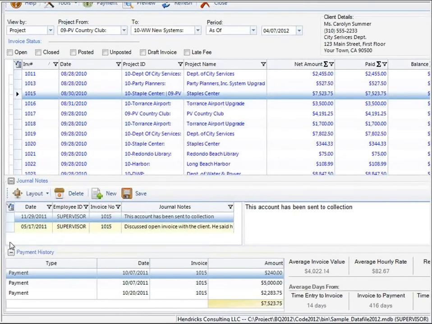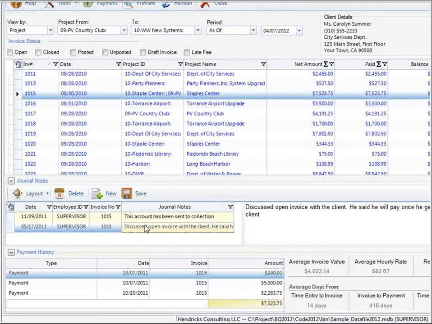So I also expanded the journal section. As you can see, if you are making the collection efforts, you can write in journal notes, and all those journal notes regarding that invoice will be available to you on the screen. So this is, again, one of those things where multiple people can now work on the collection effort, and you are no longer guessing what might have been said in the last conversation. That is now documented and linked to that invoice permanently,